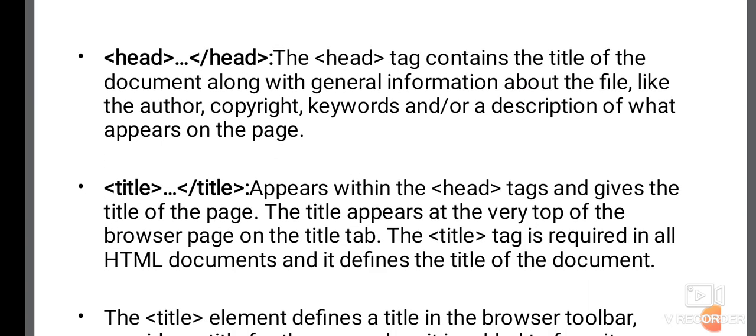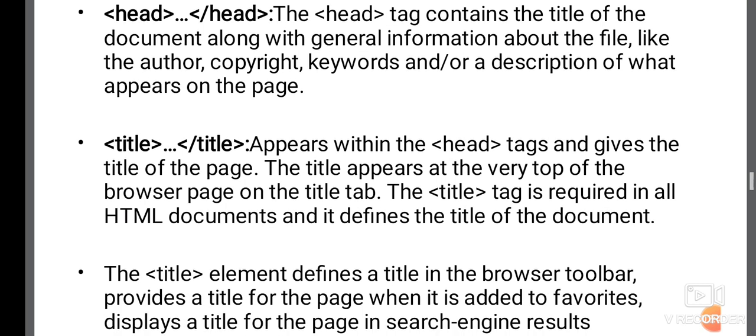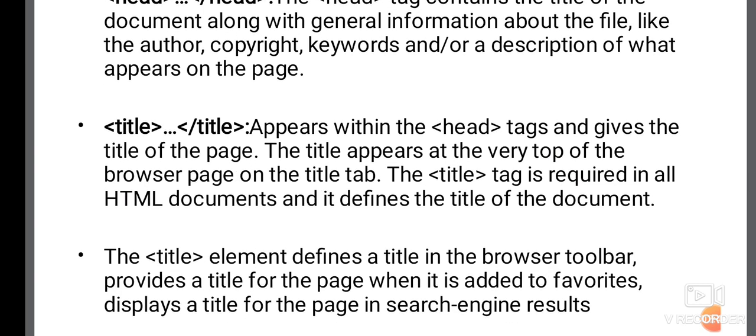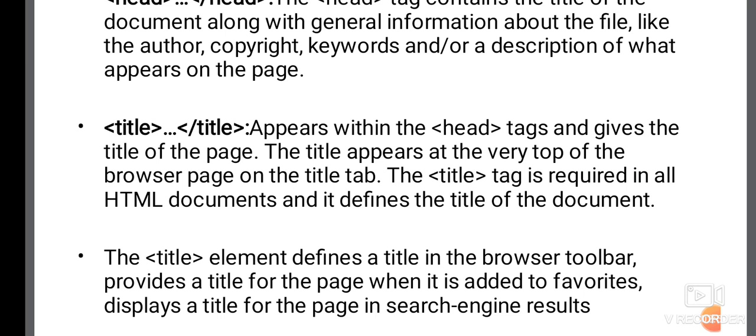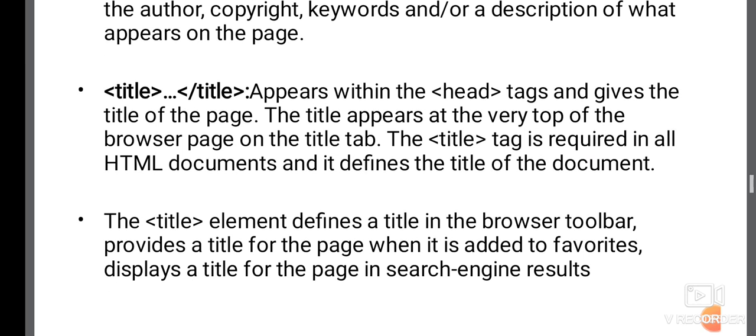The head tag will contain the title of the document along with information like the file, author, copyright, keywords, or description of what appears on the page. Next, the title tag appears within the head tags and it gives the title of the page. The title appears at the very top of the browser page on the title tab.